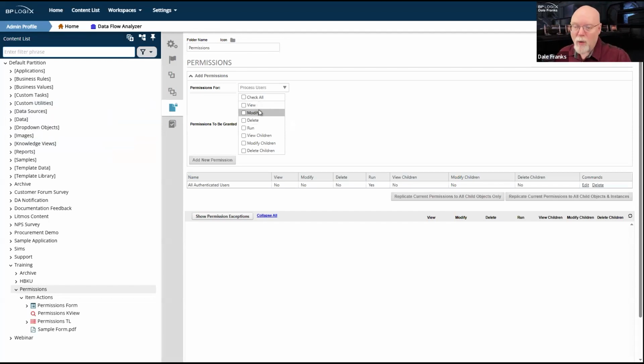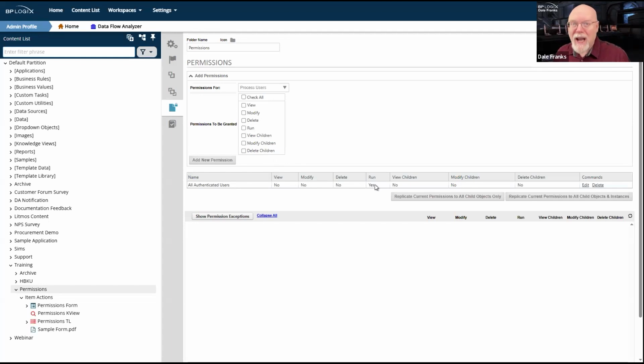Generally, we don't want all users to be able to view, modify, or delete the content list. So for process users, we don't want to give them those permissions either. The run permissions might be necessary, or they might not, depending on what you're specifically doing in the system. Actually, you'd never need to give them run permissions if all authenticated users already have run permissions.